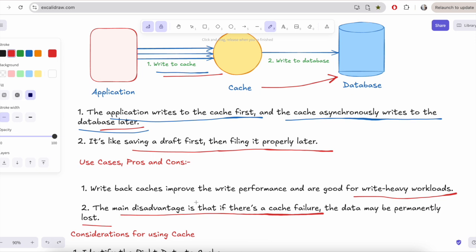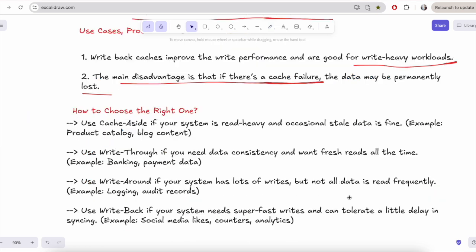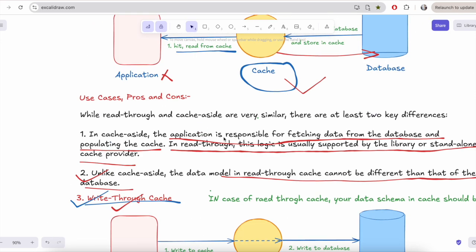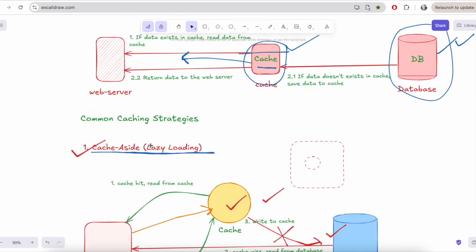So as I said, it would be super fast. It will reduce the DB load, and it would be good during traffic spikes. So let's summarize very quickly here. We have talked about different caching strategies. We talked about first cache aside, or lazy loading,